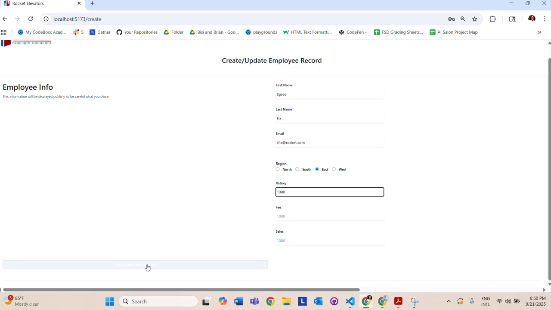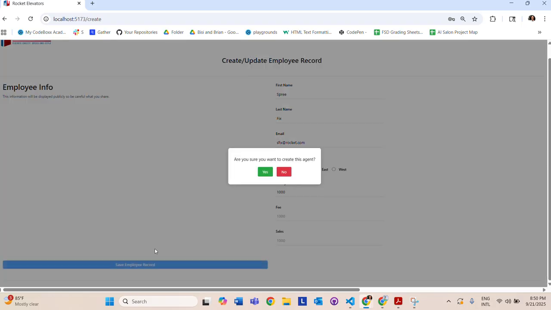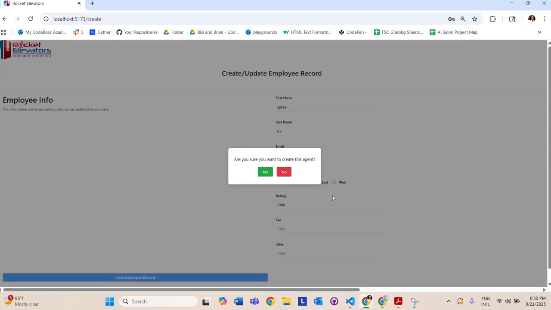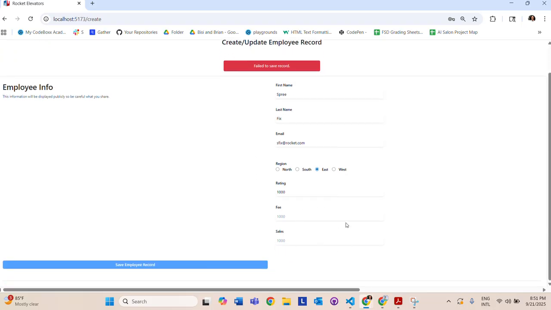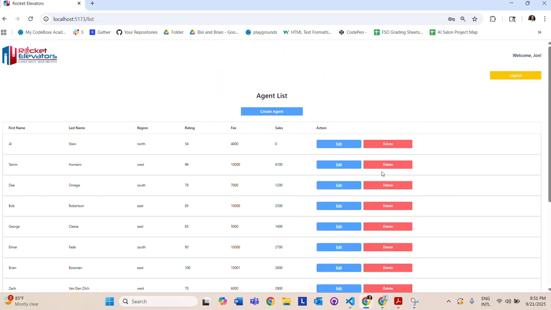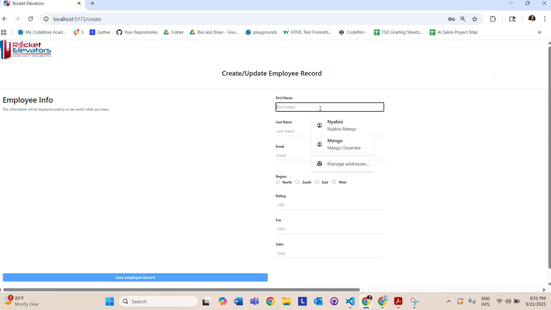So when you try to save that without the fee or the sales, first of all the modal comes in asking whether you want to create the agent, and you say yes, but the record is not saved because we had skipped some sections. And it redirects back to the agent list. However, when we do enter everything